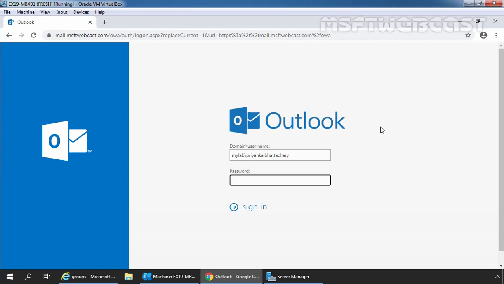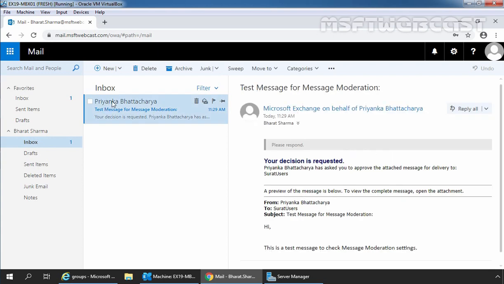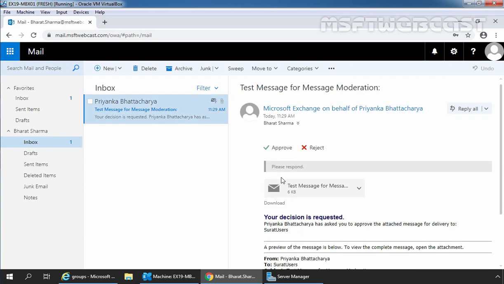So now the moderator, in our case Bharat Sharma, will receive an email with a request to approve or reject the message which is sent by a user Priyanka Bhattacharya. Let's check that. And for that, we are going to access Outlook on the web using the credential of our user Bharat Sharma. In the Outlook on the web, we can see the message which is sent by a user Priyanka Bhattacharya.